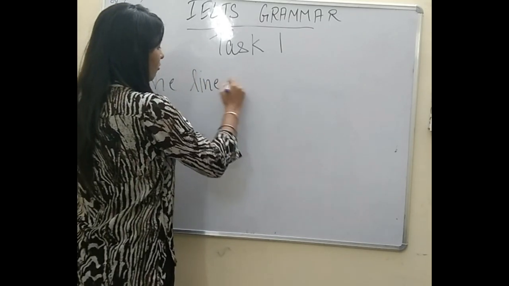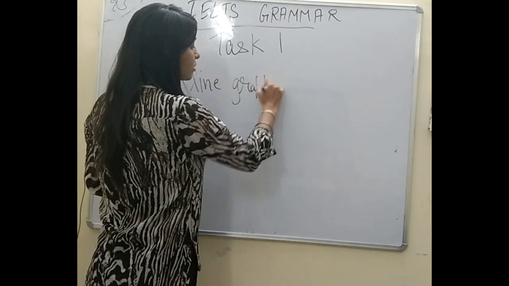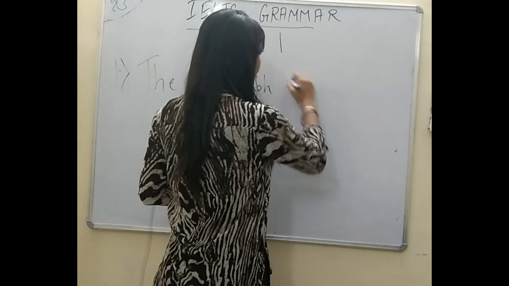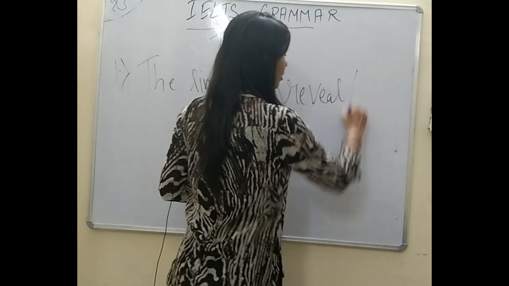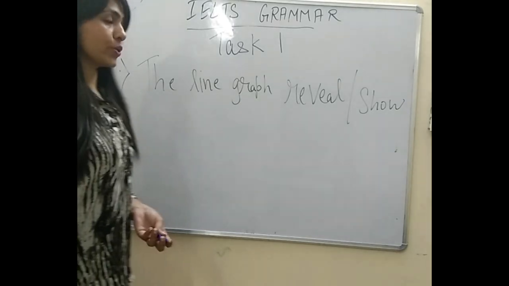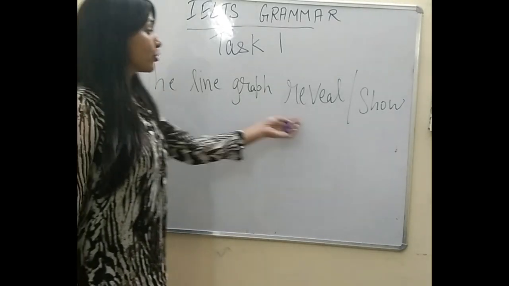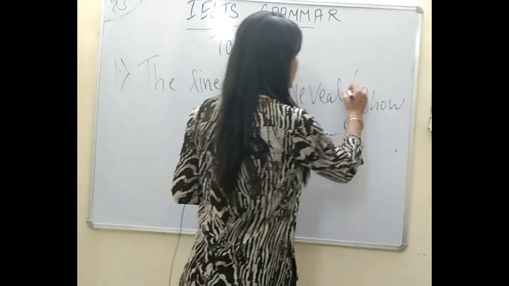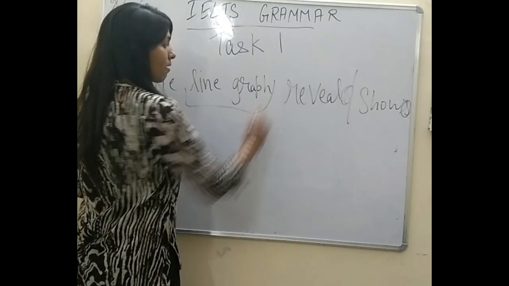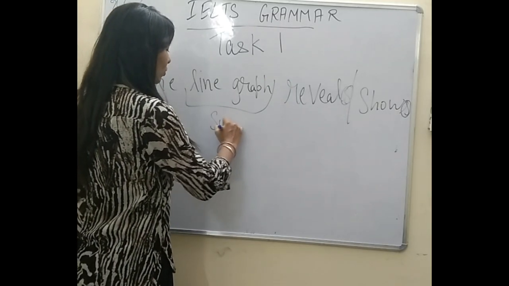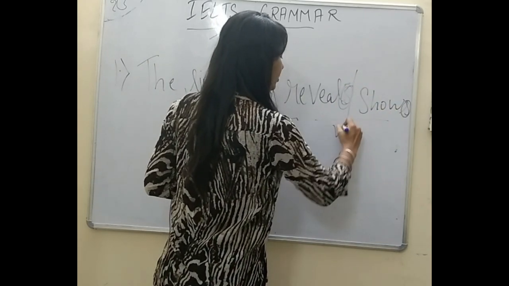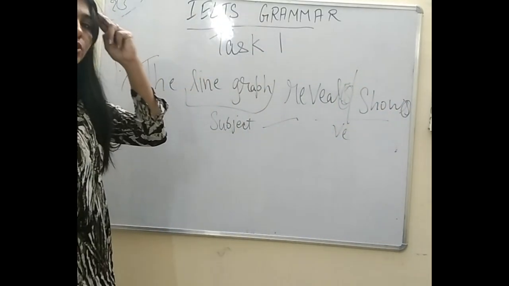the line, bar or pie chart, whatever the graph the student has got in their writing, what they mention: the line graph, reveal, show, illustrate, whatever the word the student is using in their writing, they mention reveal or show. They forget to use S along with show and reveal. But this is subject. If the subject is singular, then you have to use S, ES or IES with the verb. This is verb. So this is the very first mistake.